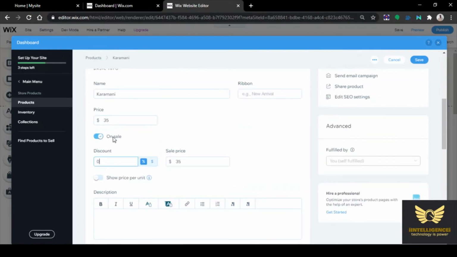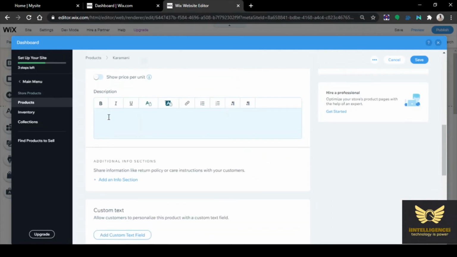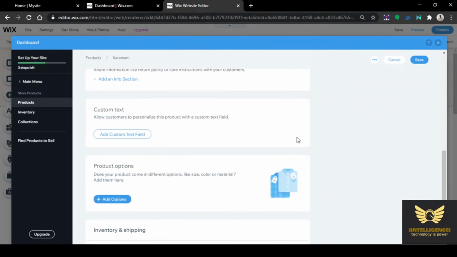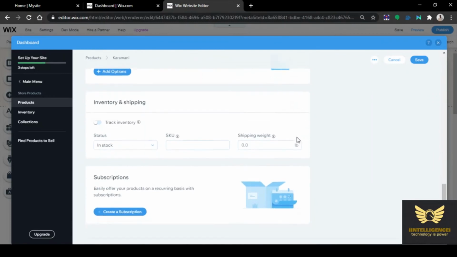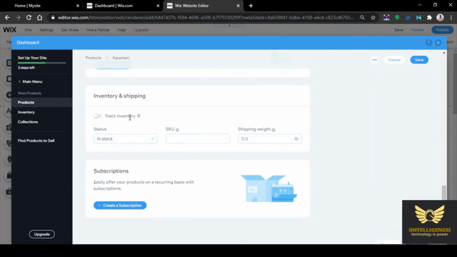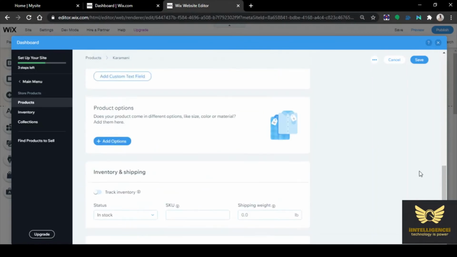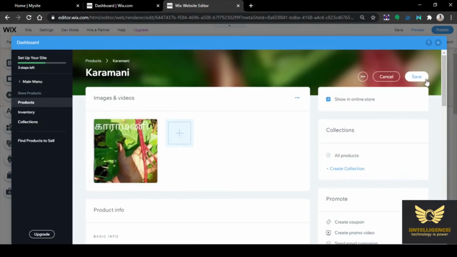Initially you may find it difficult, but as you get used to it, it looks very simple. Description of the product is a must. Inventory and shipping you also need to provide, as and when required. So now click save.